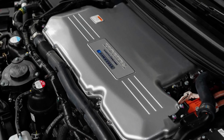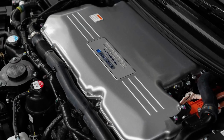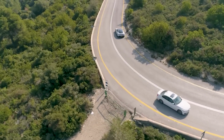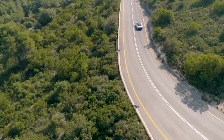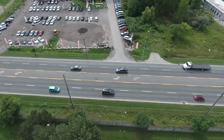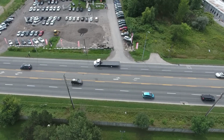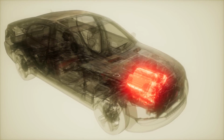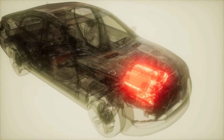Picture a hydrogen combustion engine that uses hydrogen gas as its primary fuel, rather than traditional gasoline. When the engine roars to life, hydrogen gas is supplied from a high-pressure tank to the engine's combustion chamber. Here, it mingles with air to create a delightful hydrogen-air mixture. As the engine's pistons compress this mixture, a spark plug provides a tiny yet powerful spark, igniting the compressed hydrogen-air